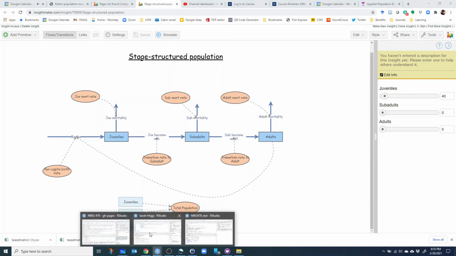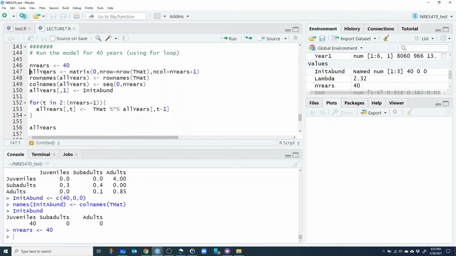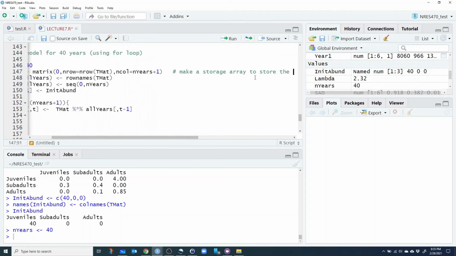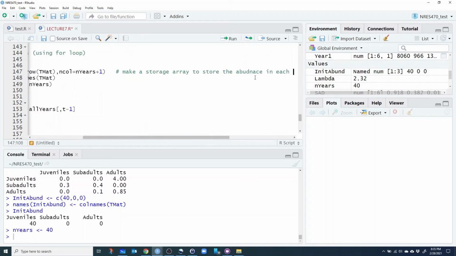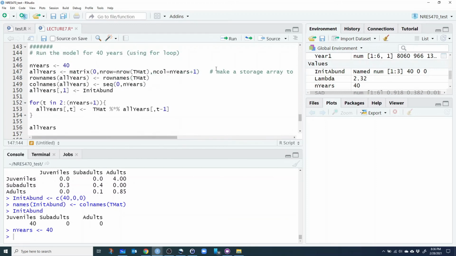Now let's go back into R. And first we're going to create, this is basically making a storage matrix or storage array. I try to avoid using the term matrix in multiple ways. Make a storage array to store the abundance in each stage in each year of the simulation. So that's what we're going to do. Just make it a comment so that I know that's what I'm doing. And once we run this,